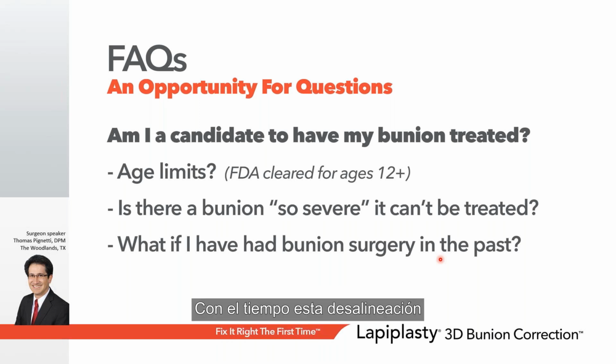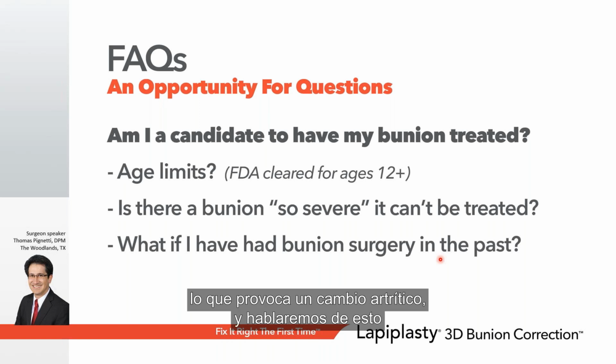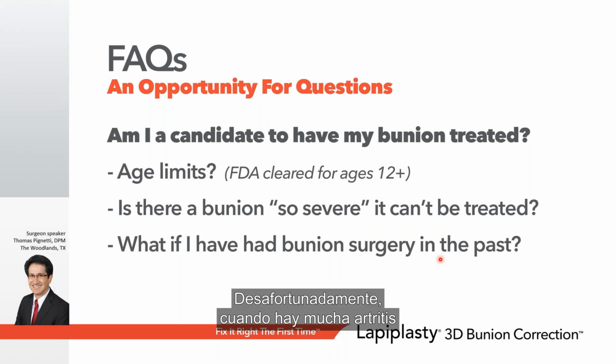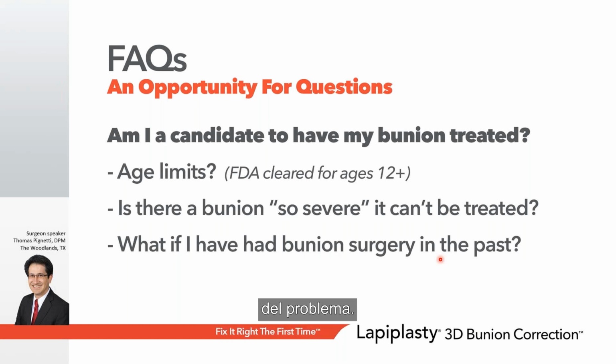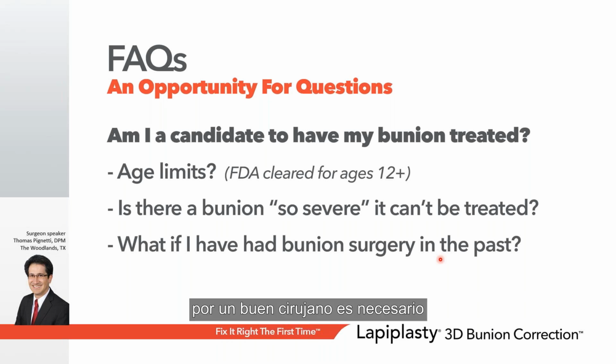Now, over time, this misalignment can cause adaptation of the joint surfaces and uneven wear of the joint cartilage, leading to arthritic changes, and we'll cover this in more detail in a few minutes. Unfortunately, when there's sufficient arthritis in the bunion joint, a Lapiplasty might not be the most appropriate solution for the problem. Fortunately, there are other options, but this is where a thorough examination by a qualified surgeon is necessary to